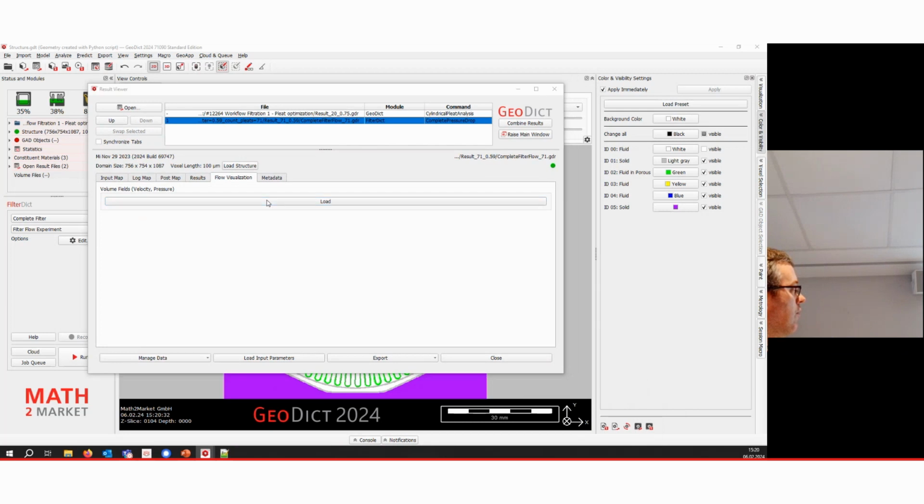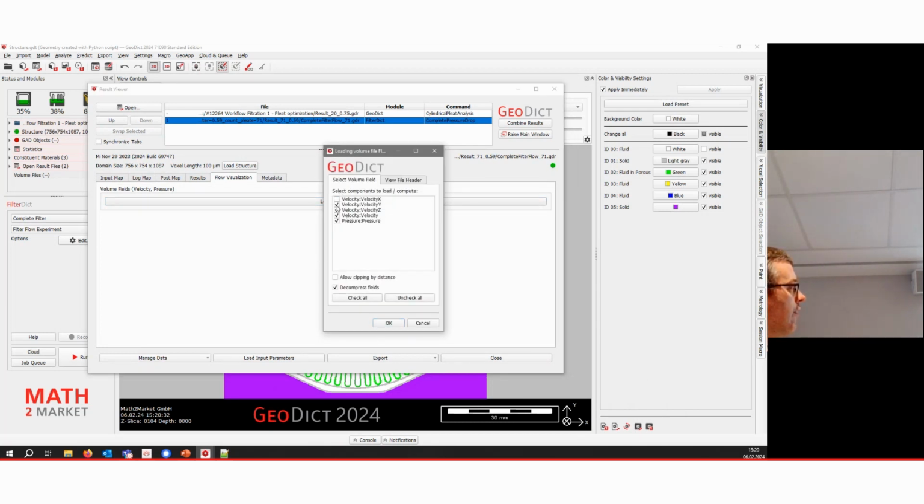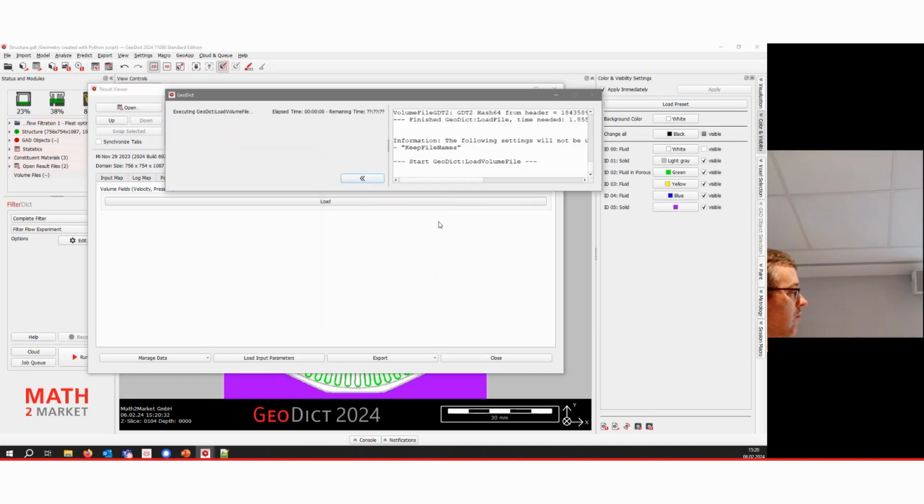And I can open the flow visualization. In this case, I will only load the absolute values because I don't want to have it decompressed. It will then load faster. Because I think we have only a few minutes left to get on time to the upstairs again. And I think we have a Q&A, isn't it? Left.